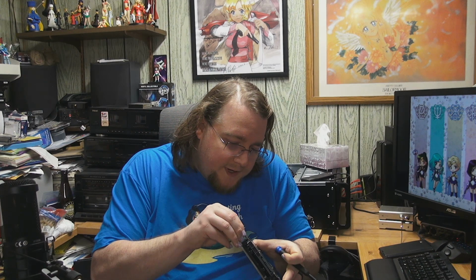I think that one was too big. This one should be just right. Yep, it is. So now, just to make sure I've got everything out of here, I take off these 4 screws that are in here, and they're just screwed in here, but this is nice little rubber grommets that helps with the shock absorption of this drive. So it's actually really nice to have something like that on the drive. So there we go. Got that off, and now